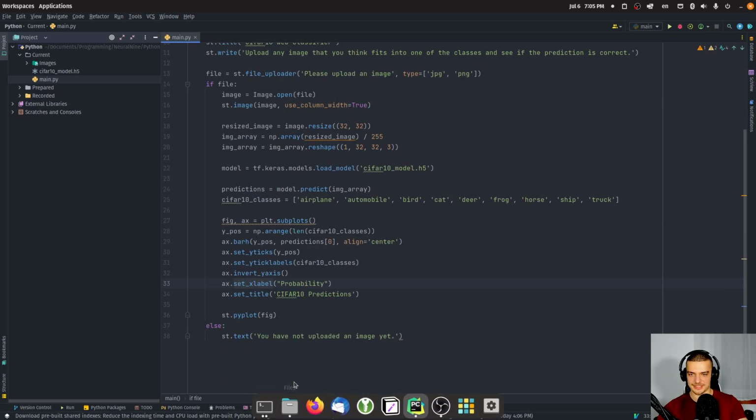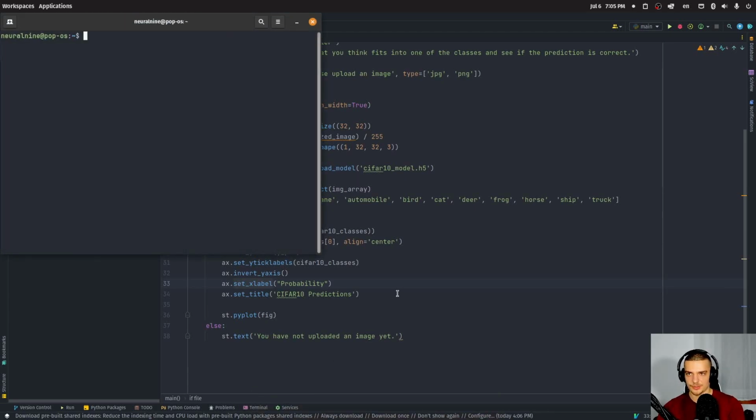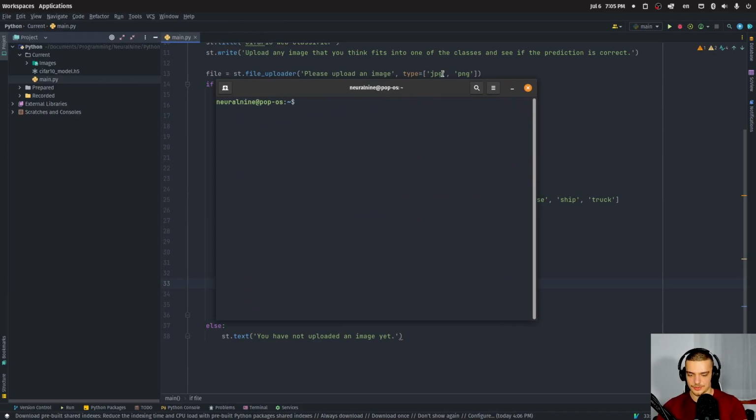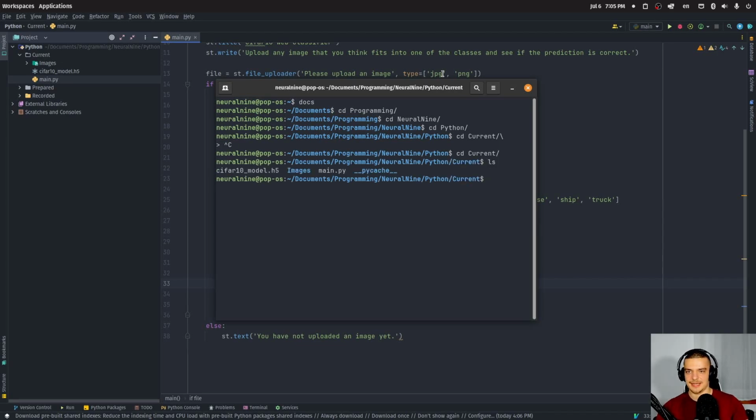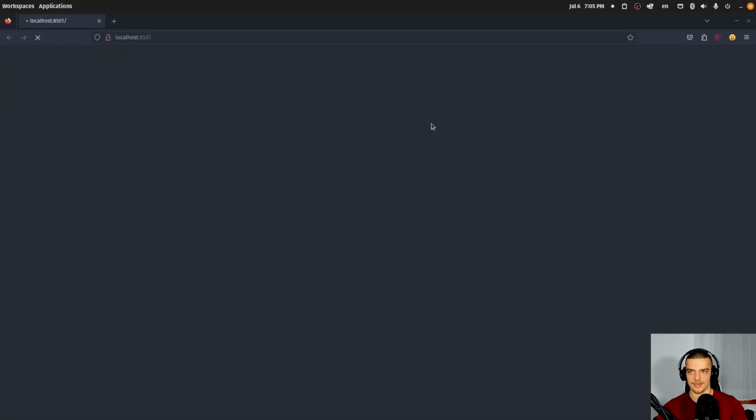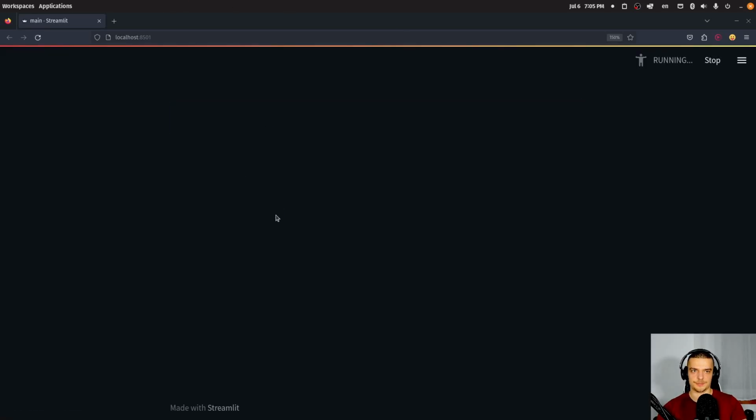We're going to launch this now from a terminal. So we're going to navigate to docs, to programming, to neural 9, to Python, to current. This is my directory that I'm working in. And here we're going to now say streamlit run main.py. This is going to open up the web browser. And then once this is done,